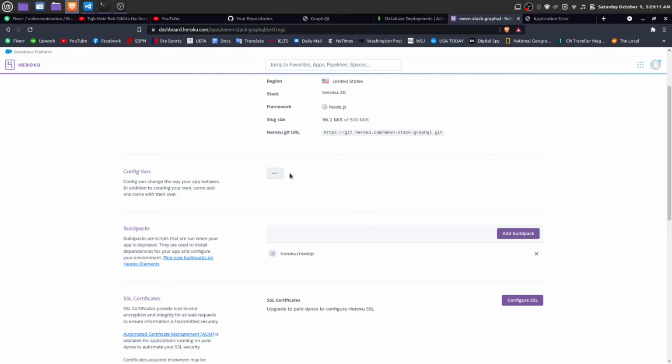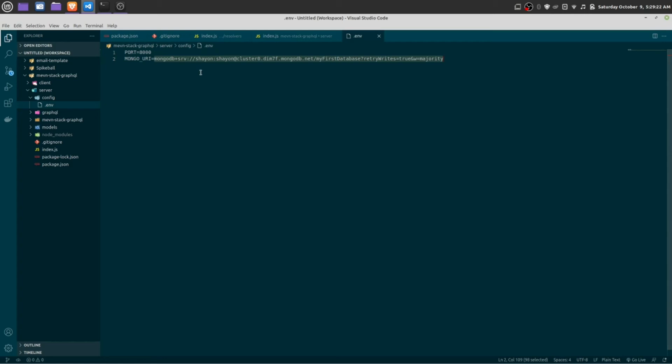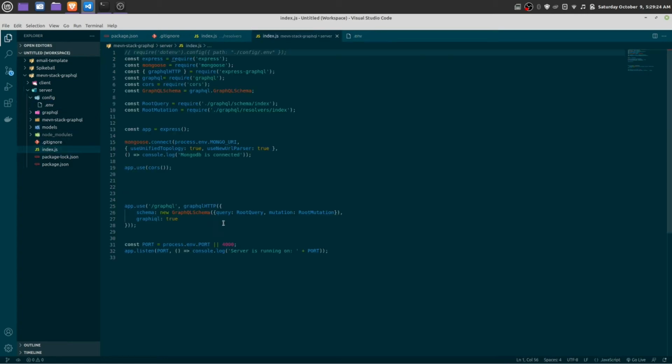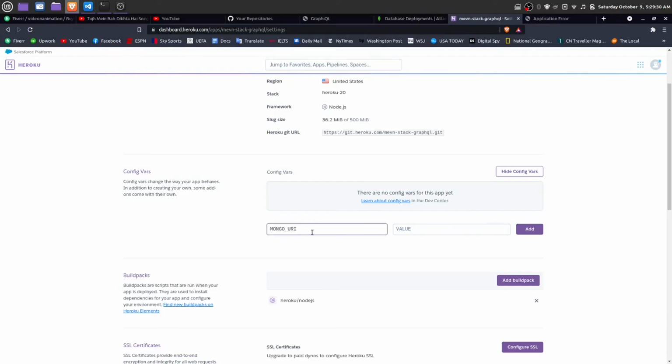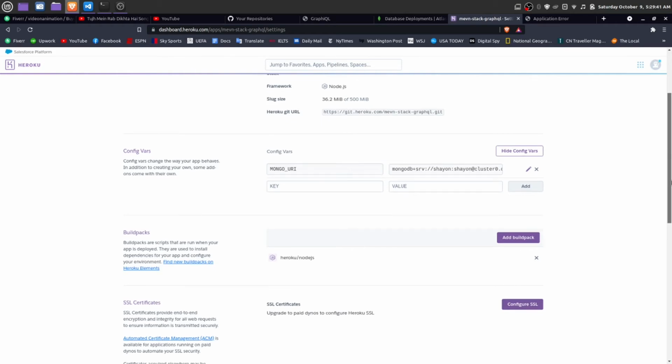Here in config vars, we have to use a key of MONGO_URI, the same key we used to connect our MongoDB. So let me check it out. We used MONGO_URI, the same key we need to paste here, and the value will be this. Okay, add this, and this should work, I guess.